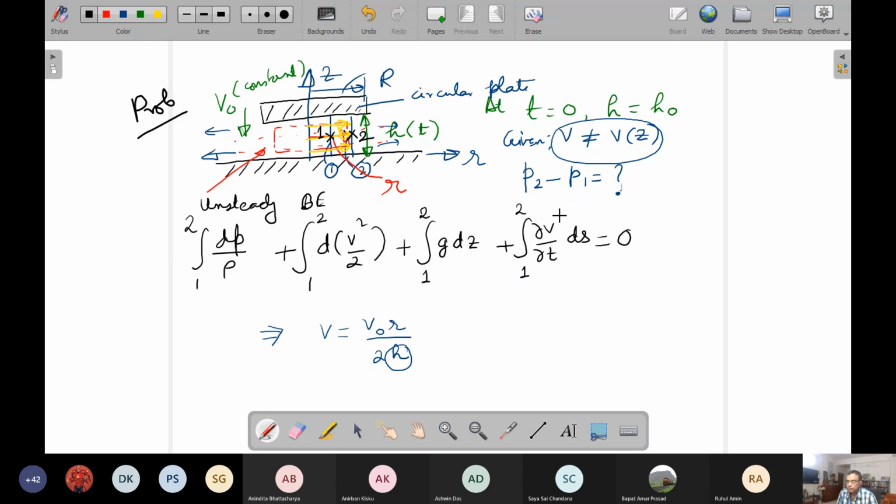Now, very casually, I have written the Bernoulli's equation, but I have not actually checked whether this equation is going to be valid under the conditions which are described in the problem. Can any one of you tell whether there is any concern against applying this for the problem described here? Any one of you?